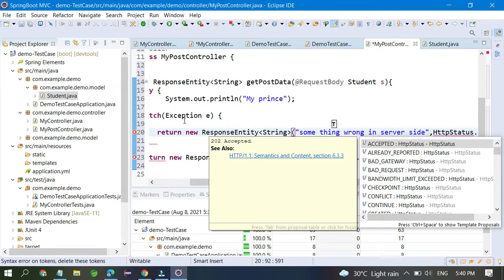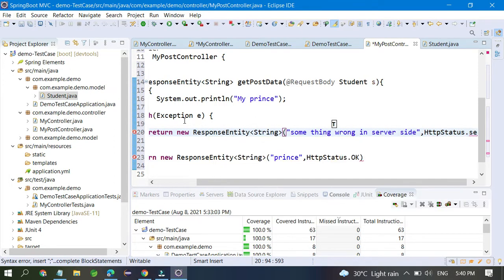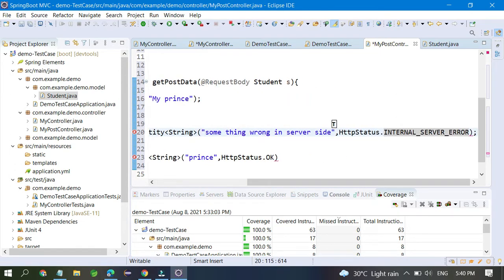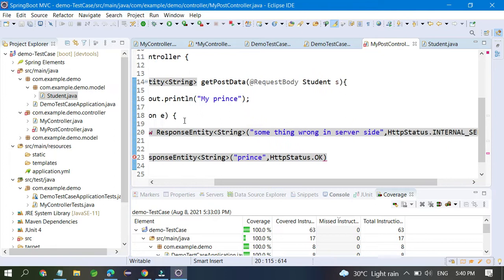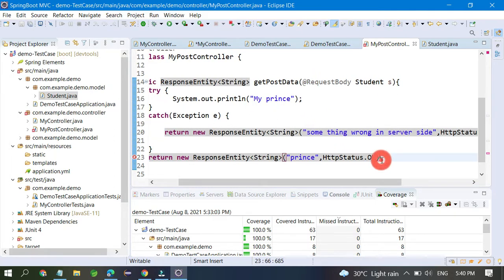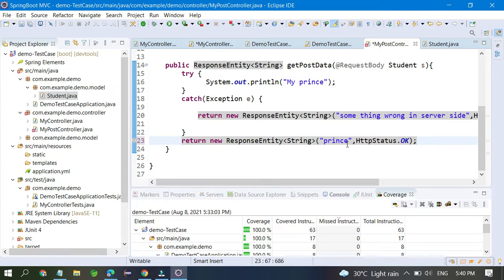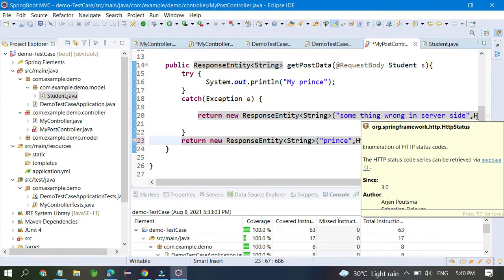You have to send these things. So this is also okay, and if everything is fine, you just return ResponseEntity with HttpStatus 200. So this gives 200, and this gives you 500. So this is what you have to compare.